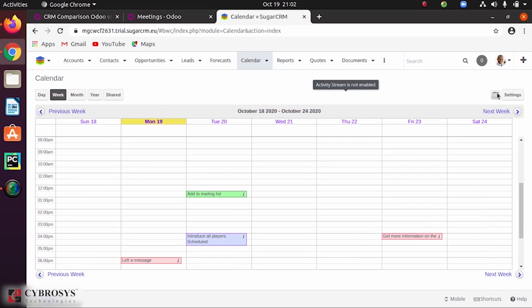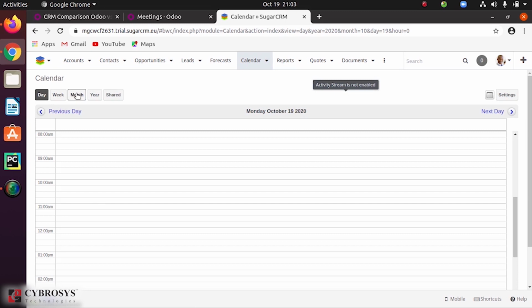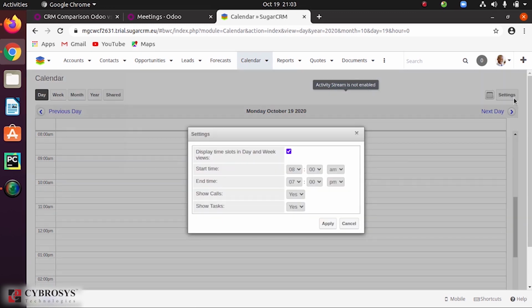So here you can see on the basis of days, month, year, week, shared also. We have certain features over here. Then in the settings also we have these options to mention the start time, end time, show call, show task and all.